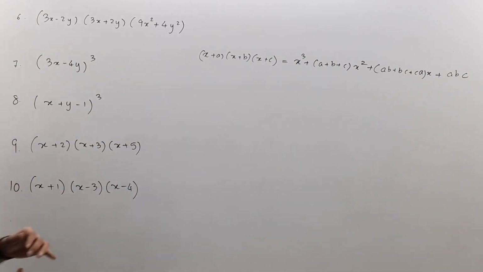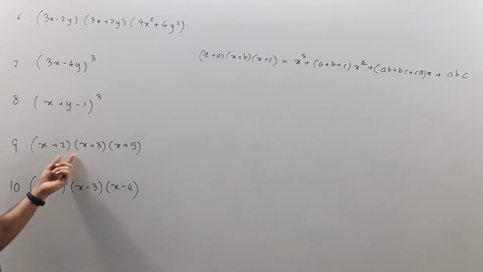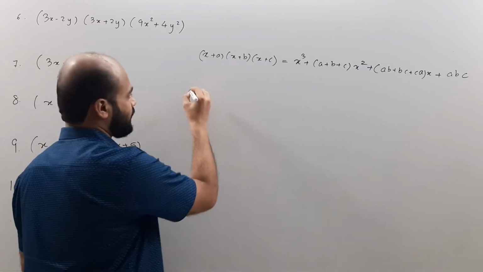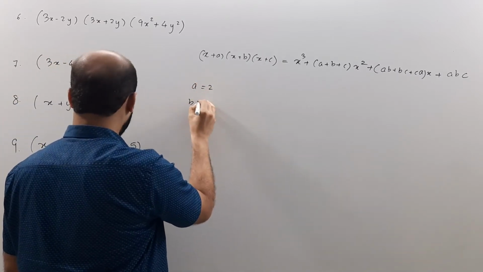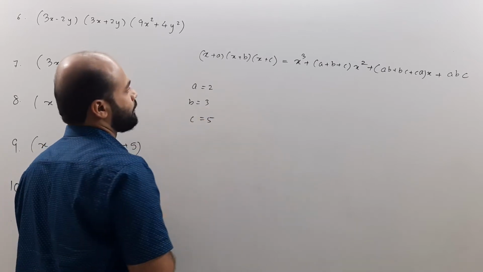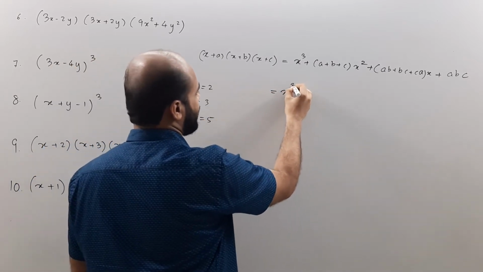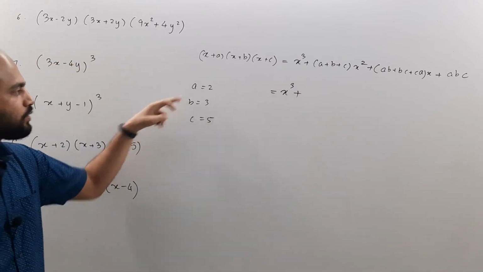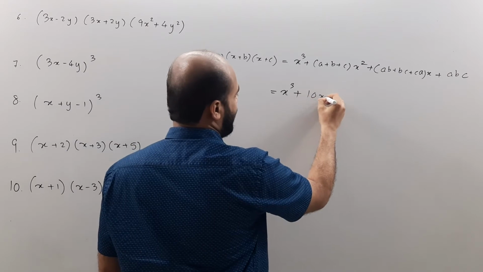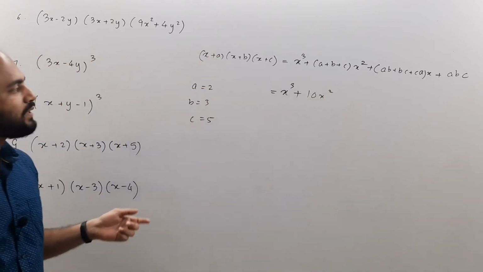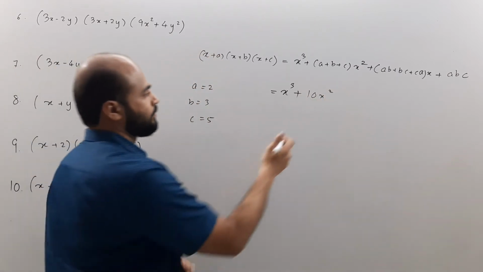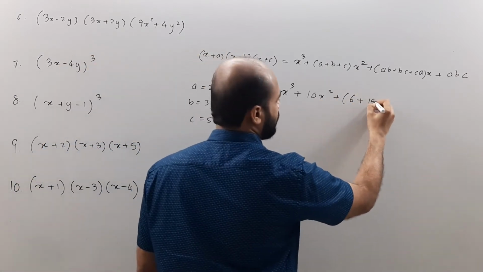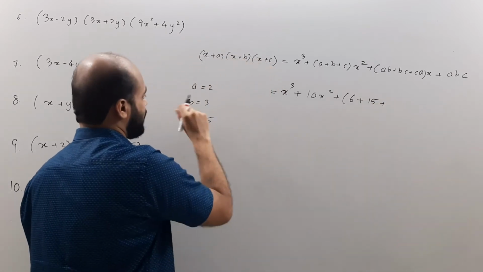Now, you can clearly see that A is 2, B is 3 and C is 5. So let us put that in the expression. A is 2, B is 3 and C is 5. So when we expand it over here, we will get x cube. A plus B plus C comes out as 8 plus 2, 10. So 10x square, then AB, BC, CA. So AB would be 6, so this we would write as 6, BC 15 plus CA, that is 10.